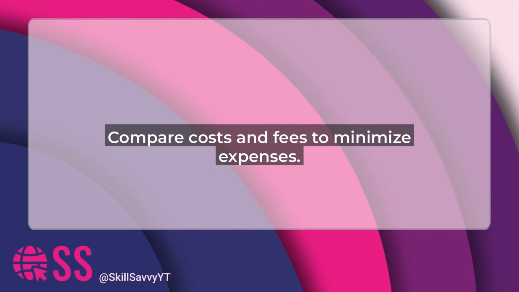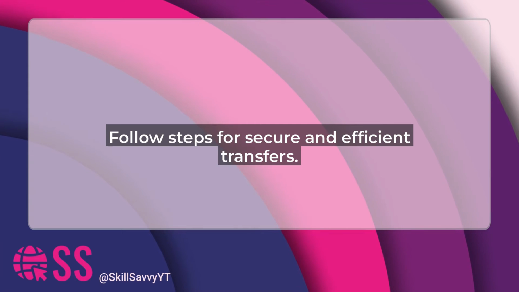Step 2. Gather your details. You'll need your recipient's full name, UK bank account info, and possibly SWIFT codes. In 2025, look out for enhanced security features, like biometric verification, to protect against fraud. Always compare exchange rates on sites like Z.com to avoid surprises.